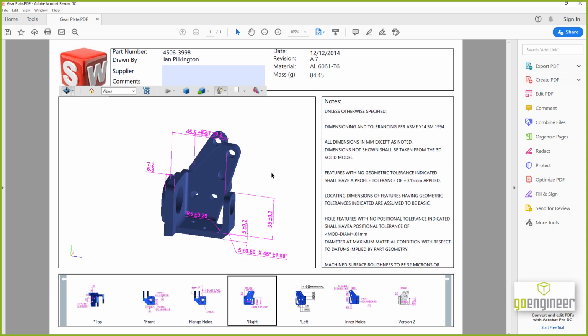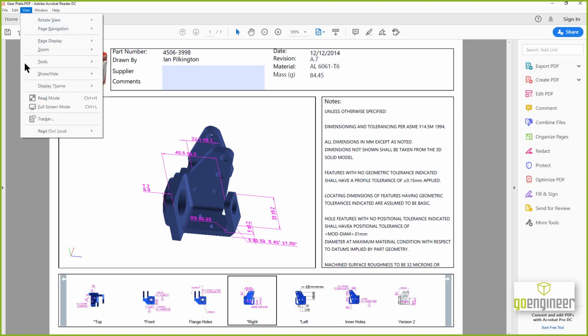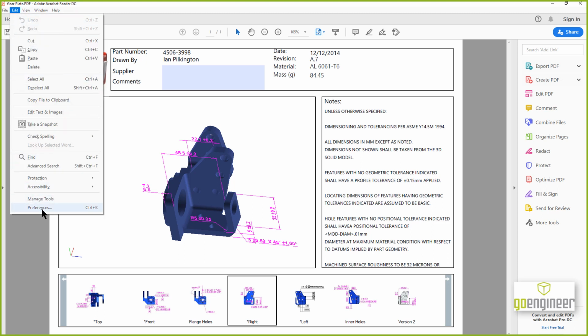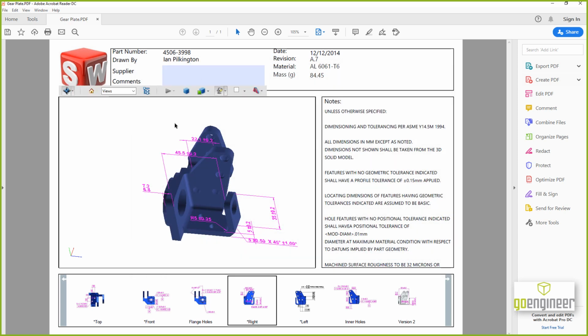So anybody that's got Adobe, when you first open up a 3D PDF, it will pop up with a little banner saying, "Hey, do I trust it?" If I was installing Adobe out on the shop floor, I would probably go the extra step of going into the Adobe Reader preferences, and there's an extra setting here under 3D multimedia to enable the playing of 3D content. So if you turn that on, then you can open up 3D PDFs without having to accept it every single time. But so that's a part file that was saved out as a MBD